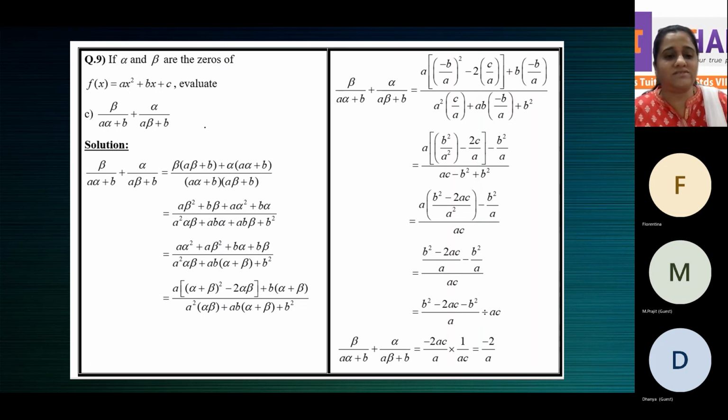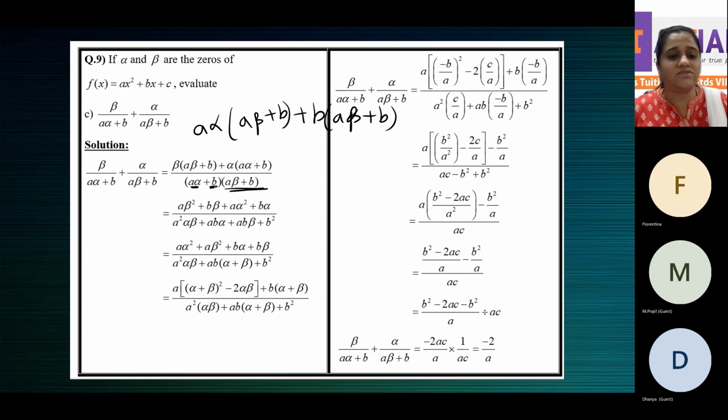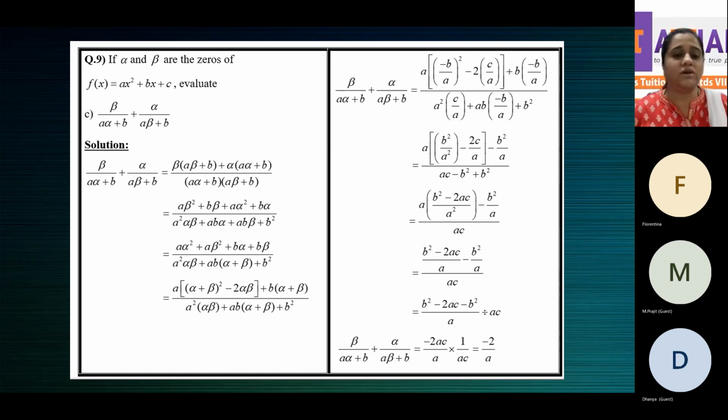Like we multiply the first term, no? So a alpha into the second bracket, a beta plus b, then plus b into a beta plus b. This is how we multiply, right? The first term multiplied by the second bracket, the second term multiplied by the second bracket. So we open the brackets and we get four terms. Okay, so now you can see here this has a beta square, this has a alpha